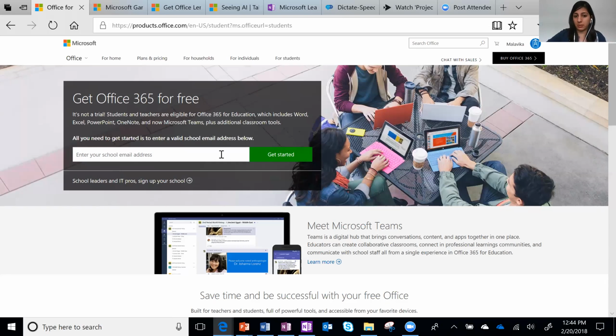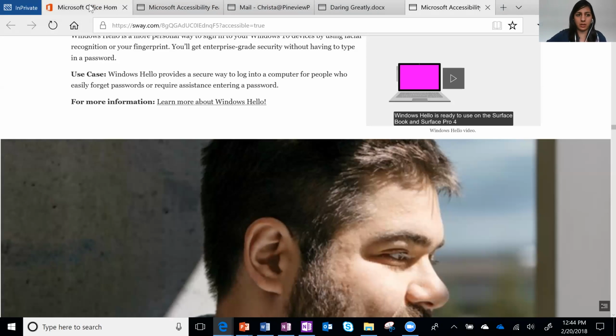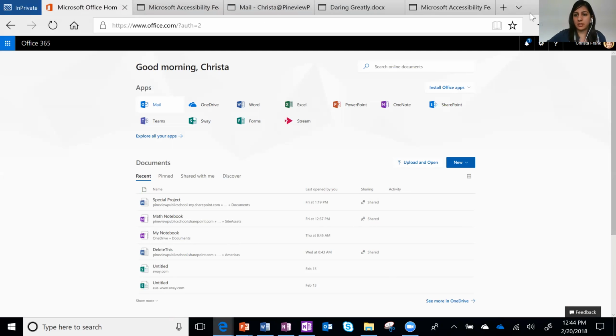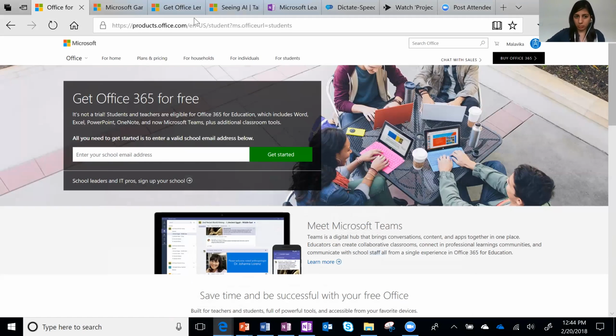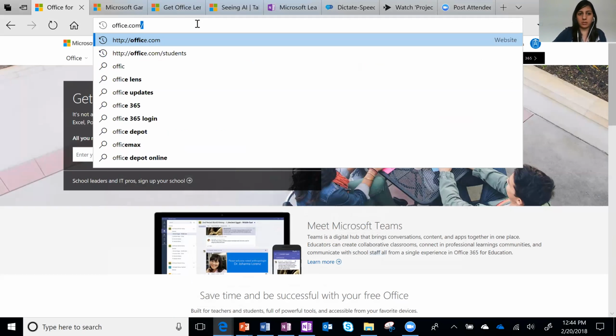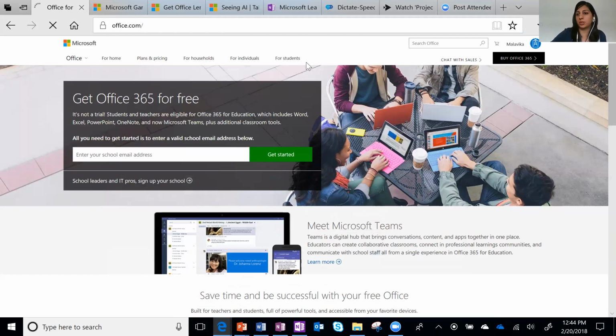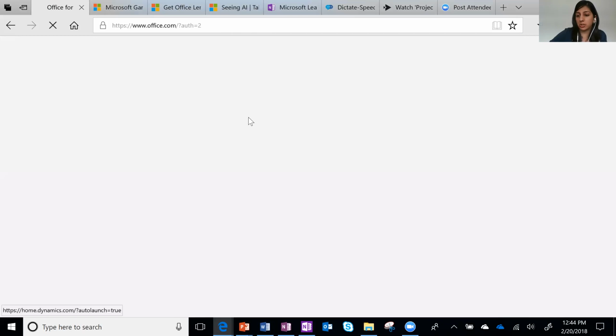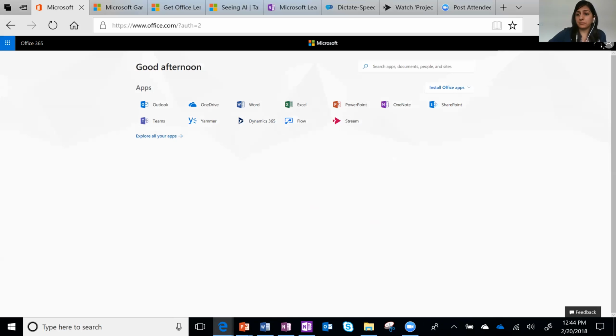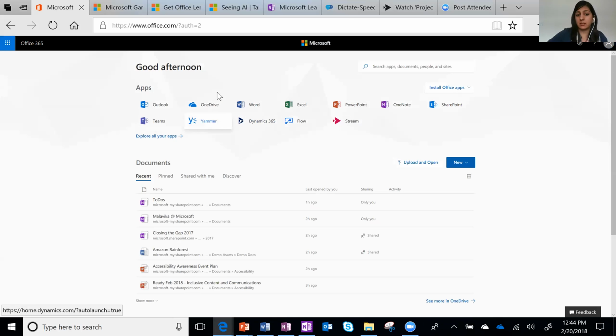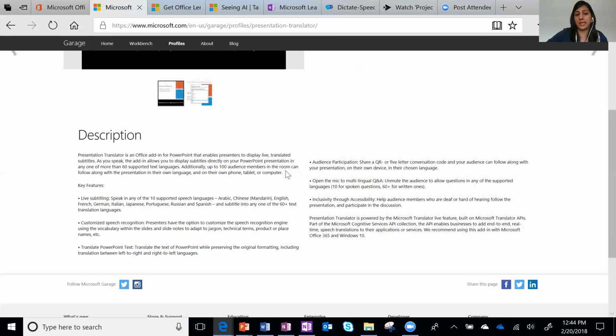When you type in your email address and get started, you'll see in some cases, for example in this school's case, this button here to install the Office applications, because this school is offering the option to install. If you're not in a school, you're just going to go to office.com, for example, and then see different options for yourself. There are different packages available for home, for business. The online applications in general tend to be free. And then people buy a subscription to get access to the PC and Mac applications.